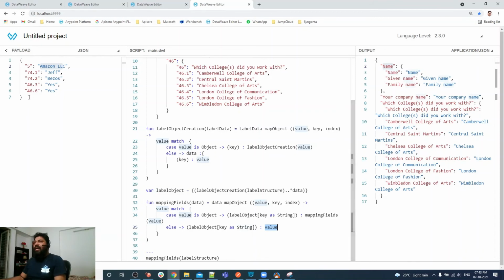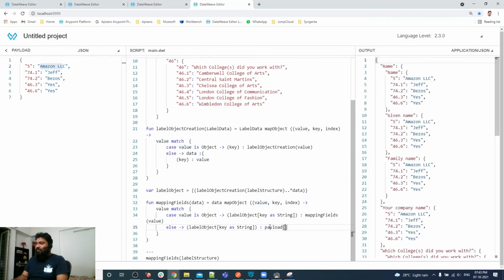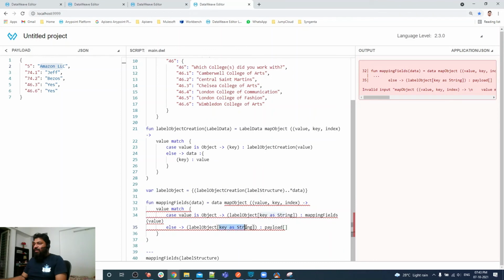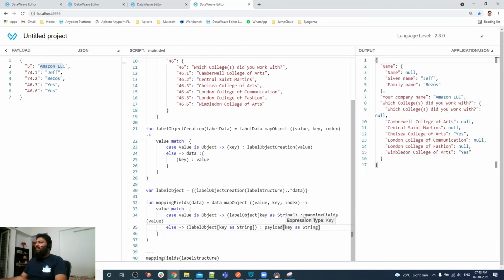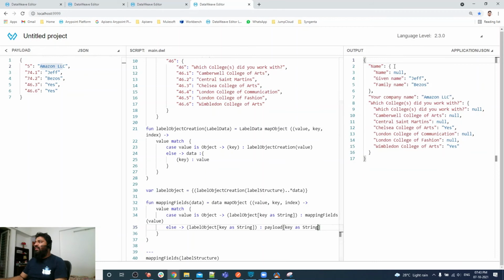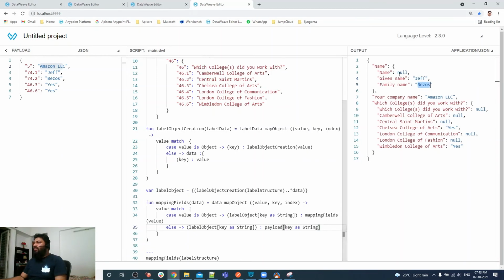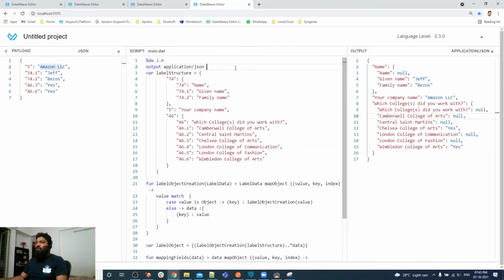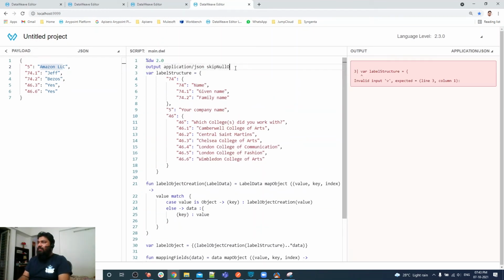So what I'm going to do is simply replace. Let me copy payload bracket, and I'm going to pass this one as it is. As you can see, we have now filled in the value. Before that it was label name and label name here, but now we have a value. As you can see, some are null because we don't have a value for those. So let me skip null values